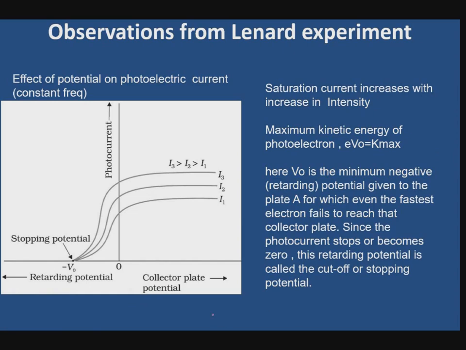You can see collector plate potential. It's basically a graph of V versus I curve. यहाँ पे हम लोग अप्लाइड वोल्टेज लगाते हैं, अप्लाइड वोल्टेज और वर्सेस फोटो करंट के बीच में ग्राफ स्टडी करते हैं. खास बात यह है कि यहाँ पे जो भी हम लाइट को गिराएंगे उसकी फ्रीक्वेंसी जो है वो कांस्टेंट होगी,